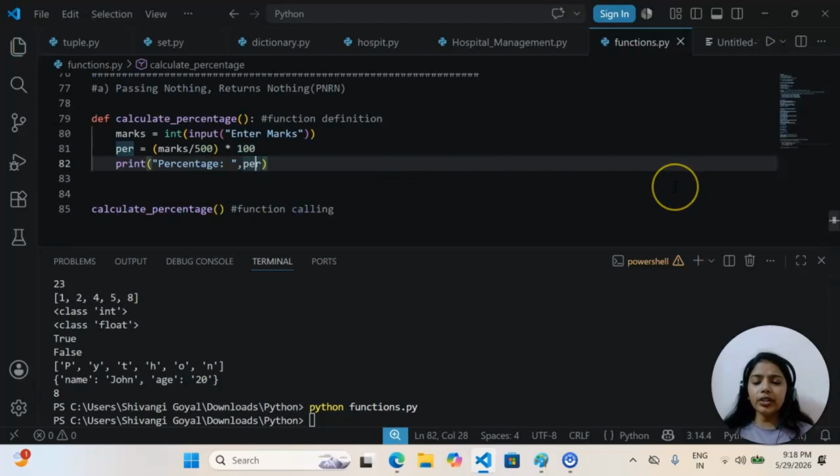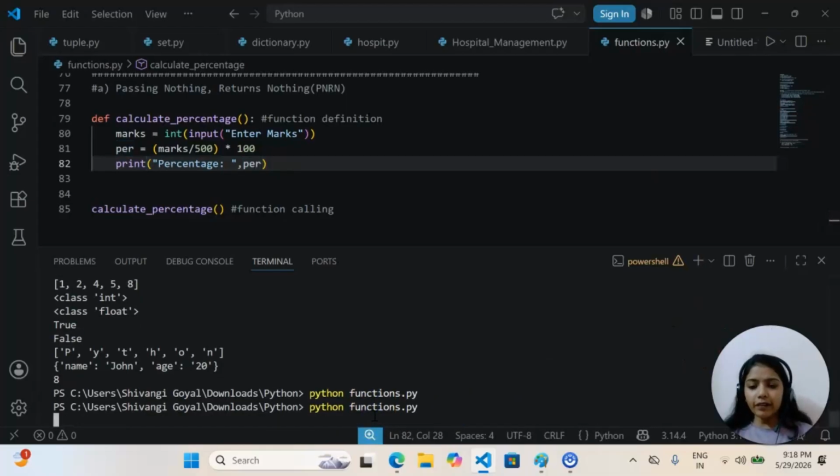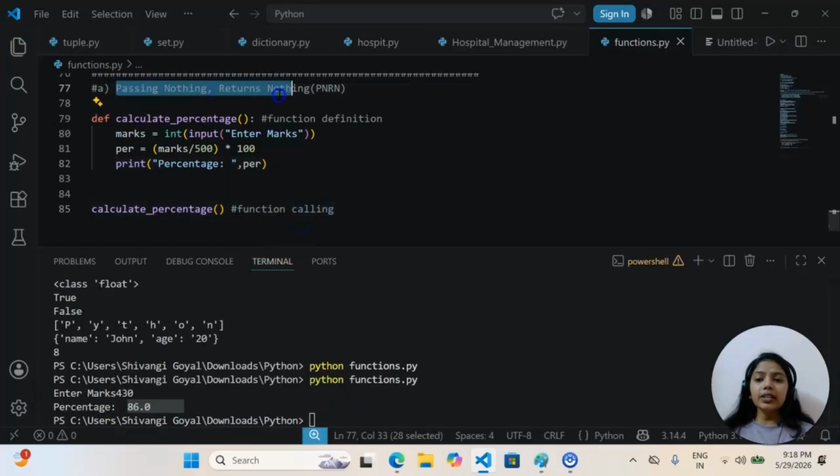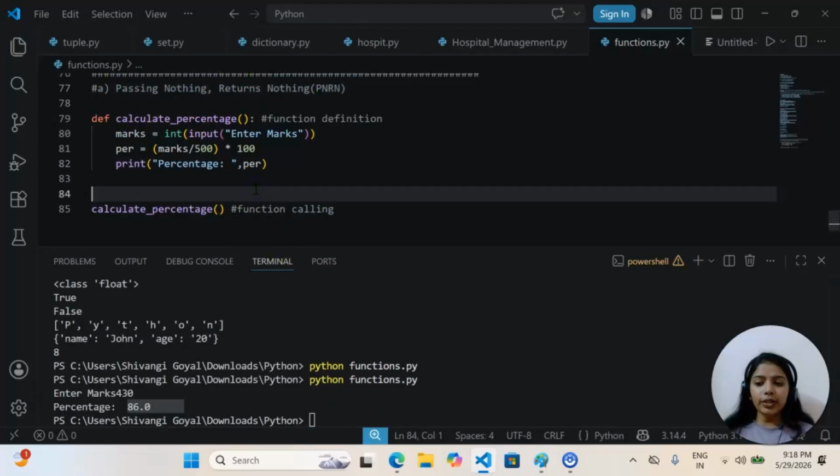But the question is, how is it passing nothing and returning nothing? We will get to that. Now I will run it. I will run it after calling it, and you see I'm getting enter marks. Let's say I enter 430, percentage is 86. But why is it passing nothing, returning nothing? If you notice carefully,